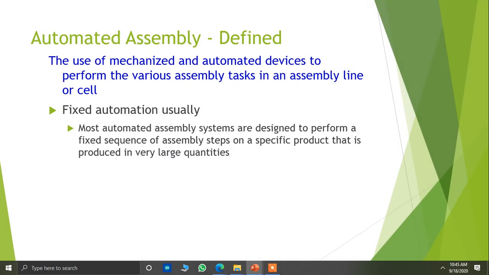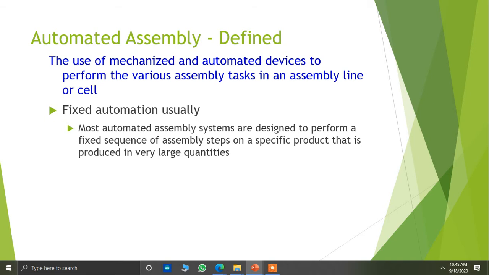Okay, so we'll start with automated assembly units. It is kind of mechanized. We have already seen this in the very first unit, but anyway we'll give full-fledged information on this. The use of mechanized or automated devices is that in assembly lines you have different tasks, so in order to fulfill all your tasks, we go with automation. We already know one is fixed automation, the other is variable automation. In fixed automation, most systems are more or less limited. That means you have a process that is